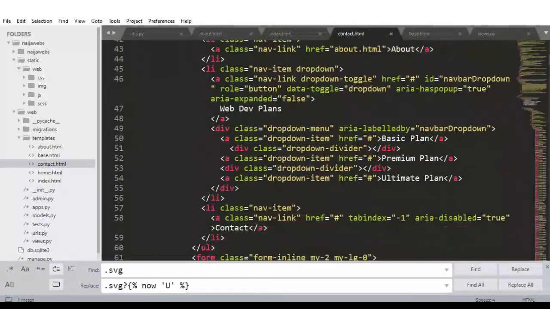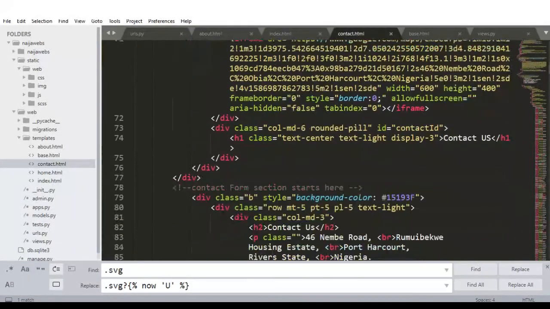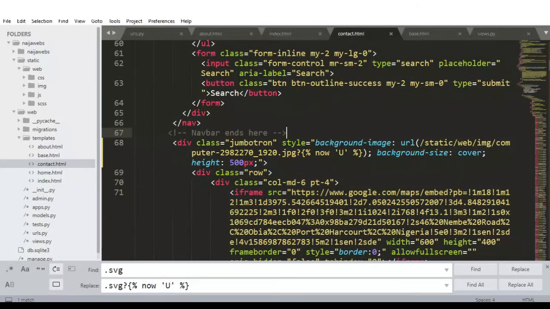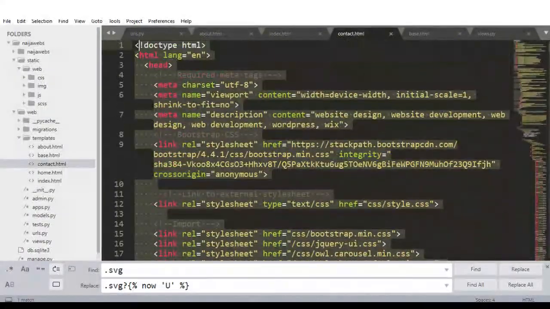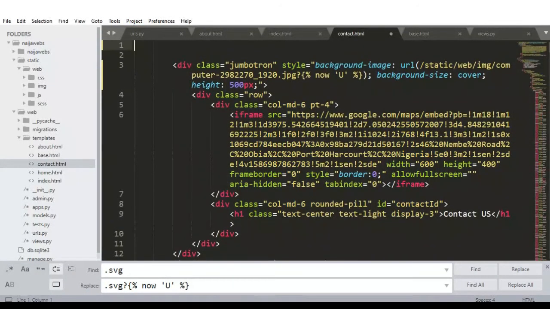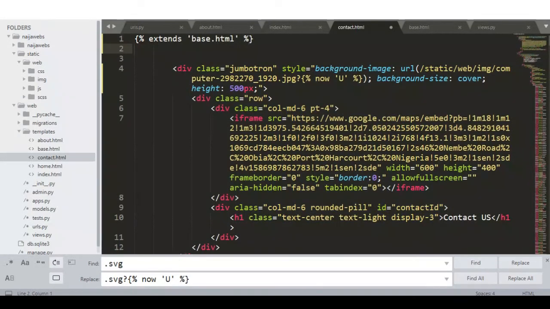We have to delete from where our navigation bar ends, so we remove everything there in our contact page, and we just extend base.html. Since there are static files here, we need to also include our static loader. So we say load static,